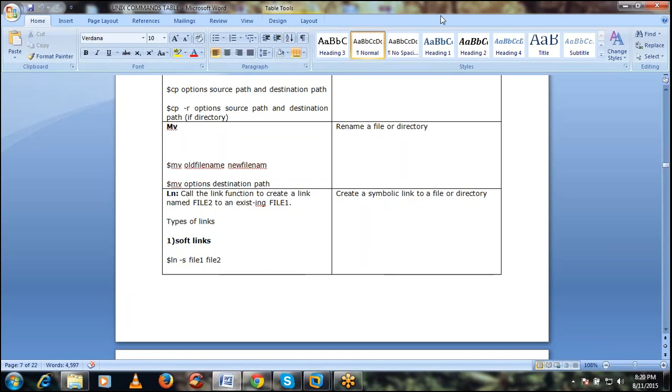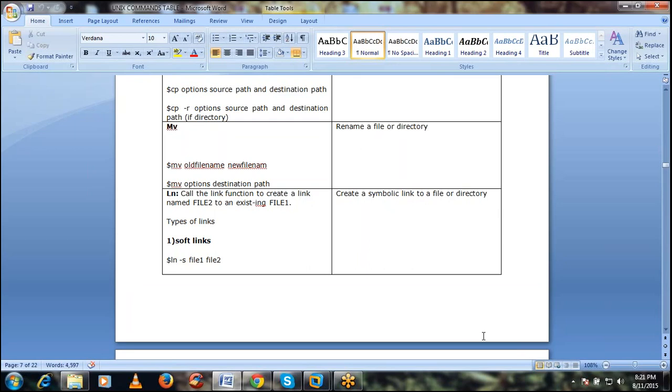See, generally you have created file1. I want to create a link based on file1, called file2, which means while creating file2, all the data is going to be reflected in file2. This is called a link file. You can access both files, and whenever you change the parent file, it is going to affect the child file also. There are two types of links: soft links and hard links. So what are soft links, or symbolic links?